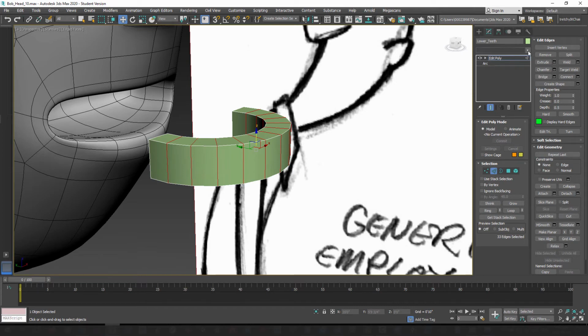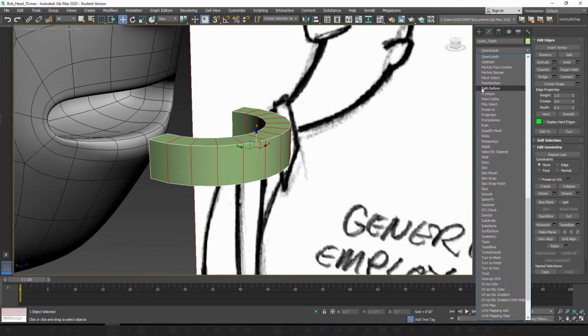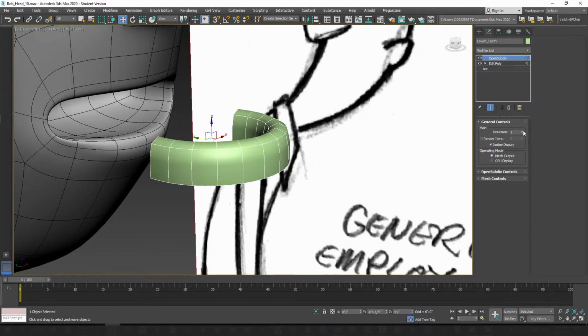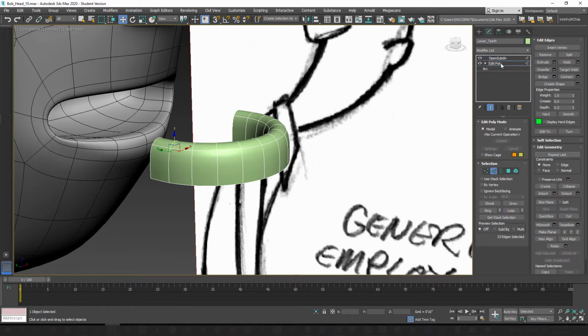We're going to add open subdivision with 2 iterations so we can preview what it's going to look like once it's subdivided. Alright, so we're going to go back to editable poly. The edges should still be selected. If you turn off show on result, you'll see that. So while that's selected, we can go into extrude, use extrude settings, and you can hold Alt and adjust the